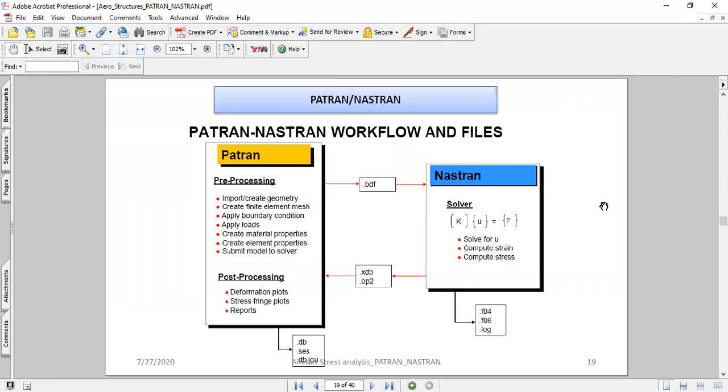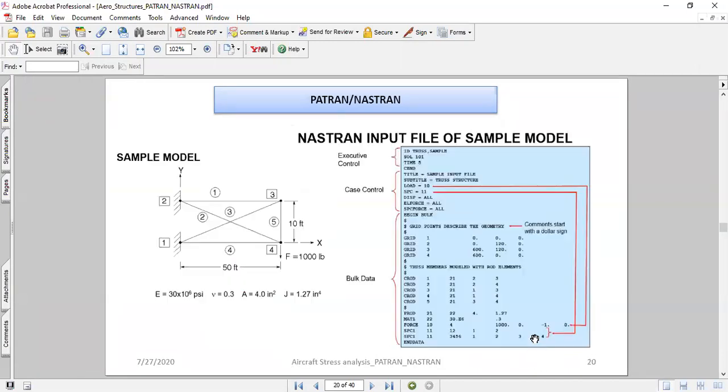And once Nastran solves the analysis, it generates a file called .xdb or .op2, which has the results, and then you import these results file back into the post processor to generate your deformation plots or stress plots. So these are a few run files that Nastran generates, like F04, F06, and log file. We are going to speak for a bit on this.